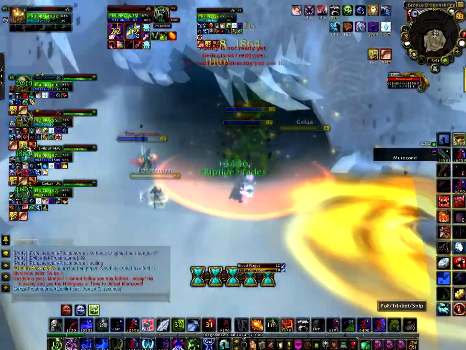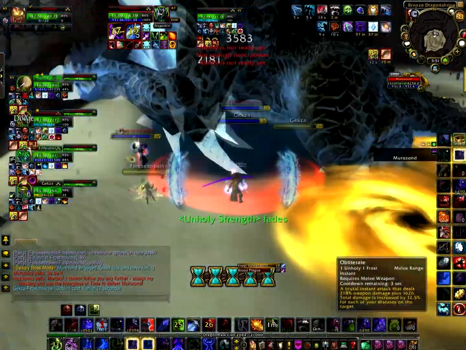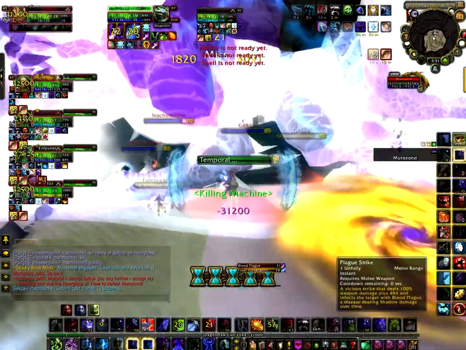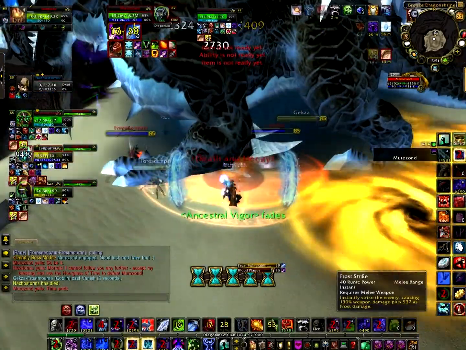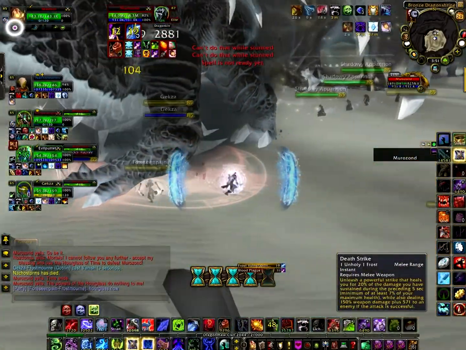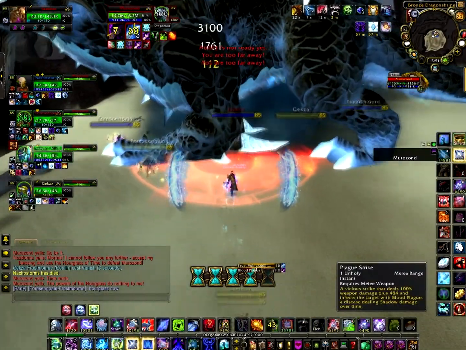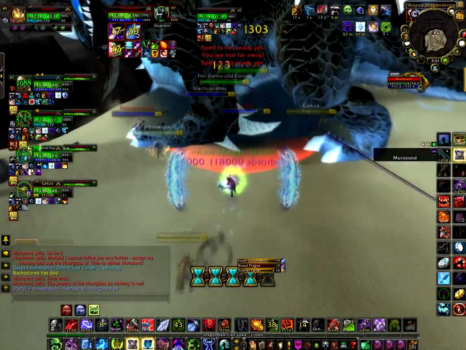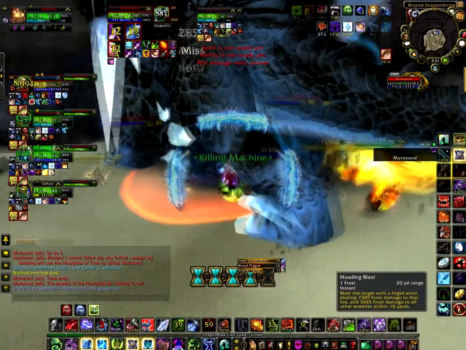The thing you have to worry about, for everyone, is making sure that when the tank is tanking, he is facing away from the party, because the dragon has an ability called Infinite Breath that inflicts 75,000 shadow damage to all enemies in front of the caster. Of course, you want the tank to take all that damage. He also gives you a debuff called Temporal Blast. It inflicts 25,000 arcane damage to all nearby enemies and increases their arcane damage taken by 10%